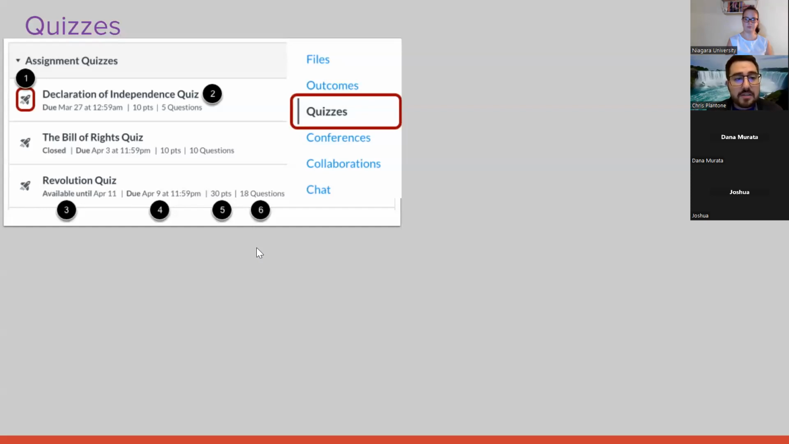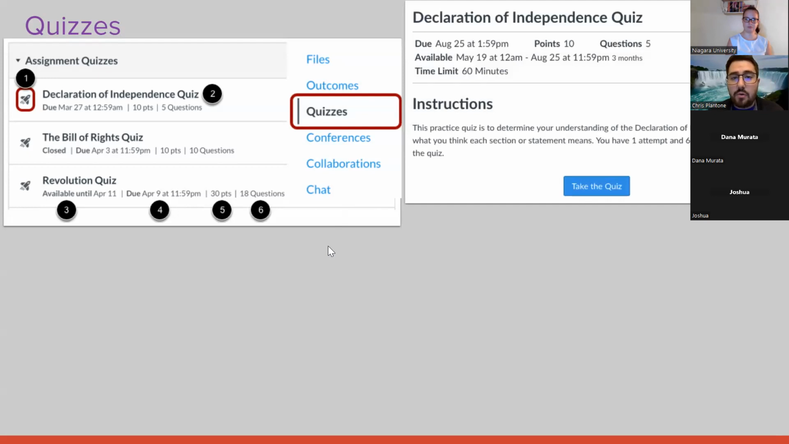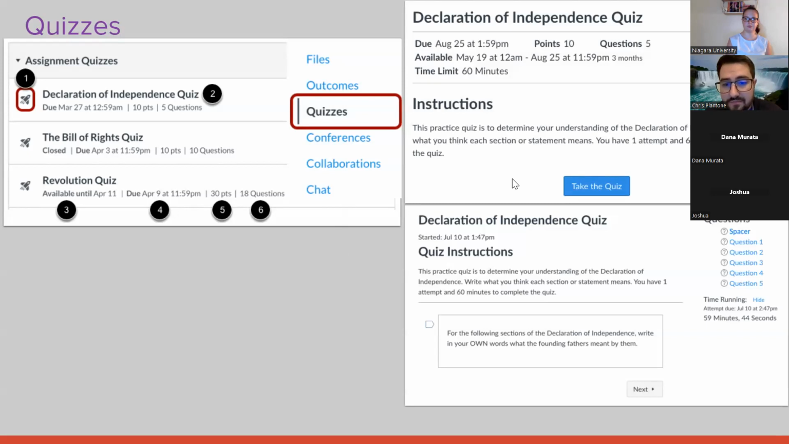All right. Next, we have quizzes. So again, the rocket kind of says this is an assessment. So if you click on that, it will give you when it's due, points, questions, available until, and if there's a time limit. So you just hit take the quiz, give you some instructions, and some professors allow you to